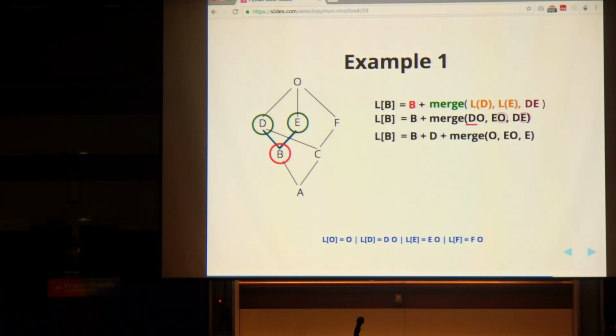Next we'll look for O. O is the head of the first list, and that's the only element in the list. We'll see if it exists in the tail of any other list, and it does, in the tail of the second list, that is EO. So we cannot remove O here. We'll move forward with the next list, which is EO. The head of this list is E, and we look if E exists in the tail of any other list. It does not actually.